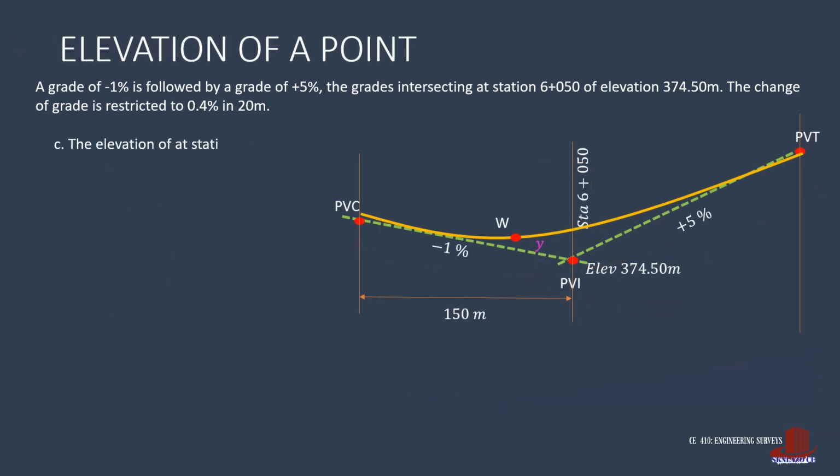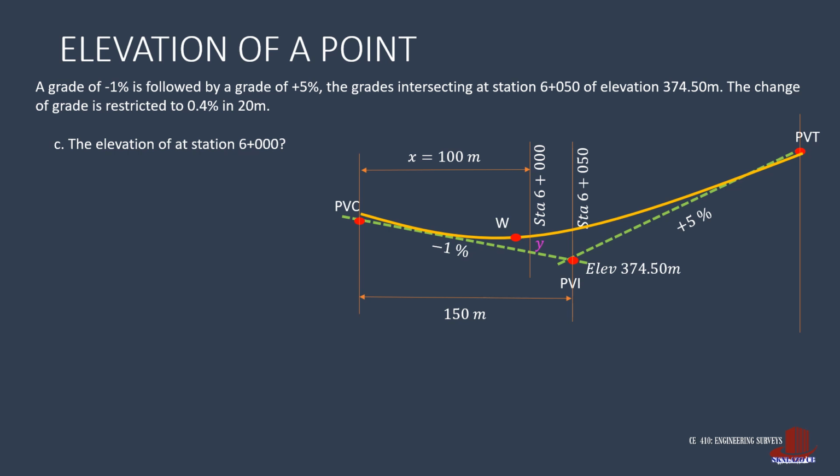The third question looks for the elevation of station 6000. Knowing that with half of the length, which is 150 meters, we reach PVC. Station 6000 turns out as 100 meters away from the point of vertical curve. If the solution is analyzed backwards, from the unknown elevation of station 6000, take the vertical height y to have